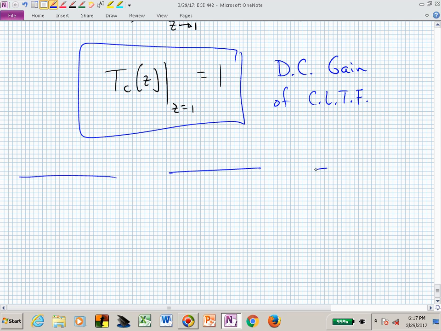Now we could carry that even further if somebody says, oh, I already know that that's going to happen. I want to impose an error on a ramp input. So now we're going to the next possible reference input. I won't derive it, but if you wanted to look at the next step up in terms of satisfying steady state accuracy specifications, there's a velocity error formula.